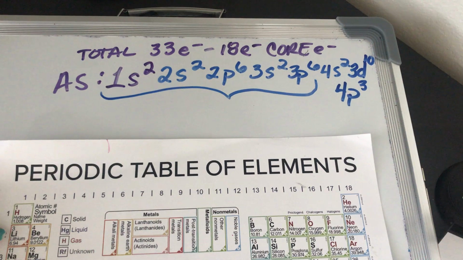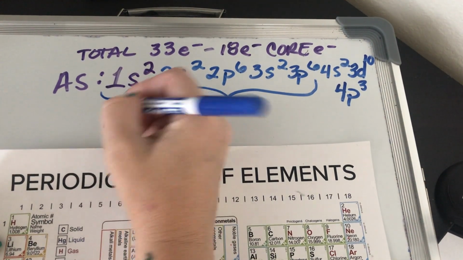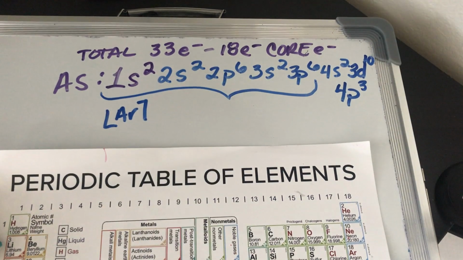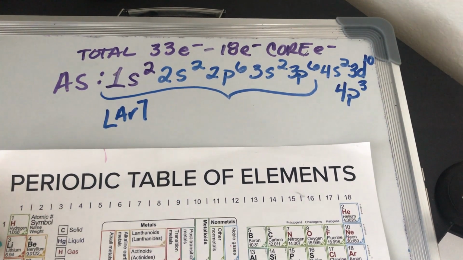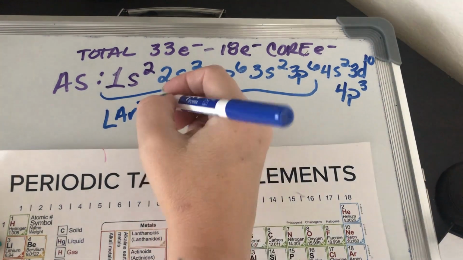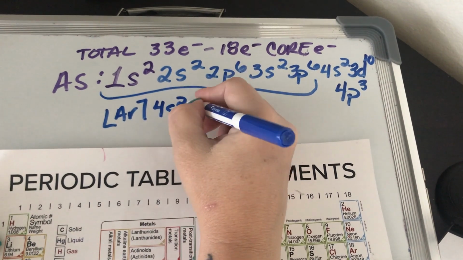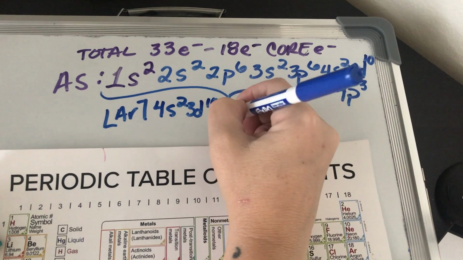The noble gas of the previous row. That's right, the noble gas from the previous row. So we can abbreviate our electron configuration by putting argon as a stand-in, right? So argon represents our 18 core electrons. And then we can rewrite our valence